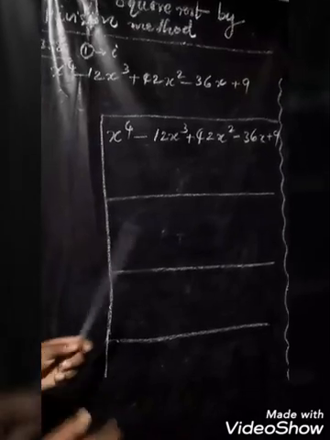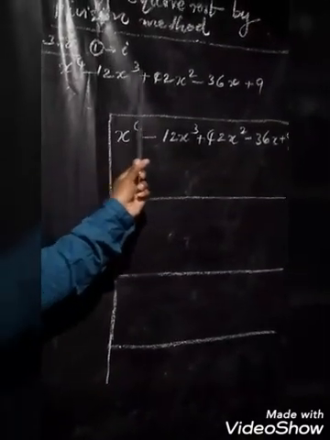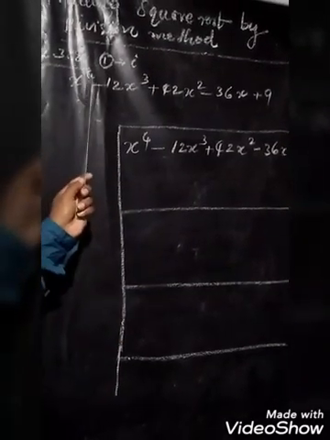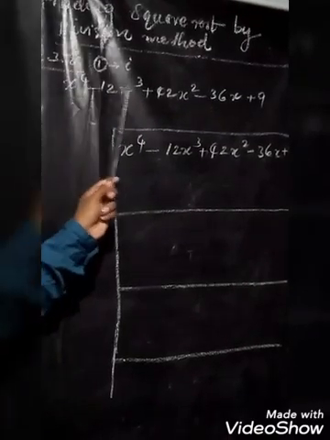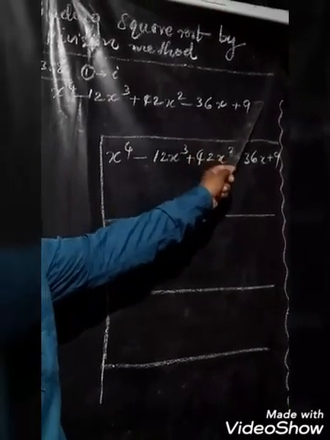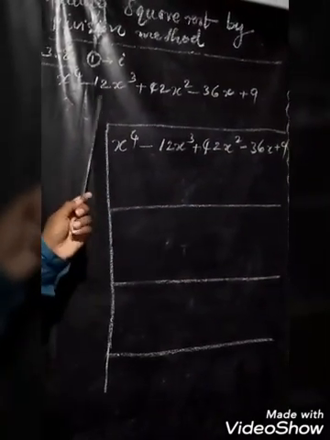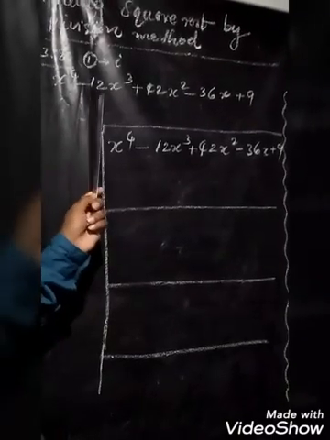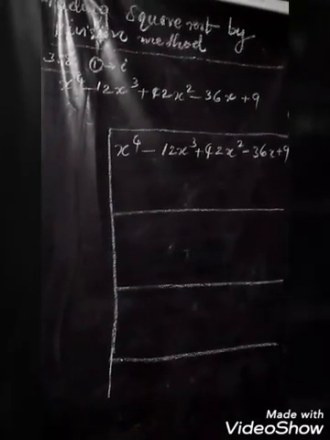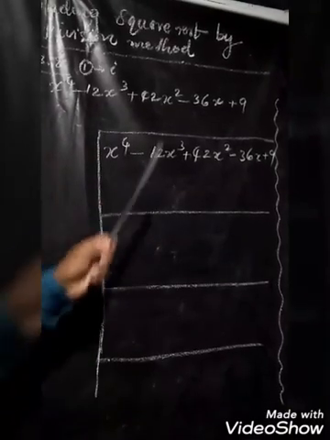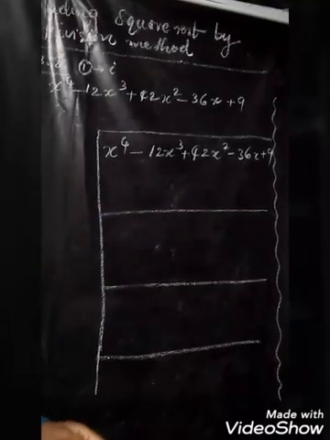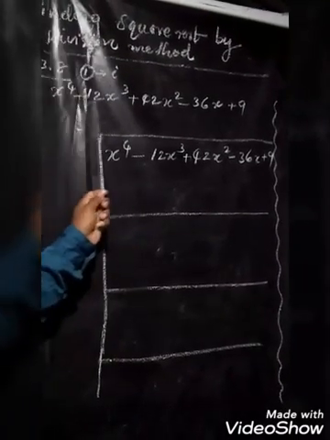First of all, we have to check whether the powers of the variable are in descending or ascending order. Here it is in descending order: x power 4, x cube, x square, x power 1, then x power 0, which is 1, so only the constant term 9. In some cases the question will be shuffled, so you have to arrange the powers in descending order. And is there any missing term? For example, if the x square term is not there, then we have to add 0x square. Here there is no problem; it's all in the correct order.